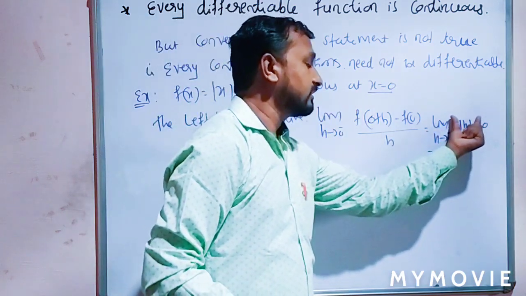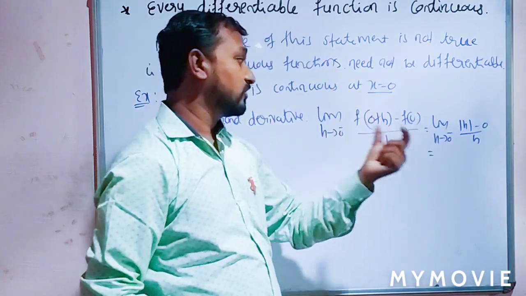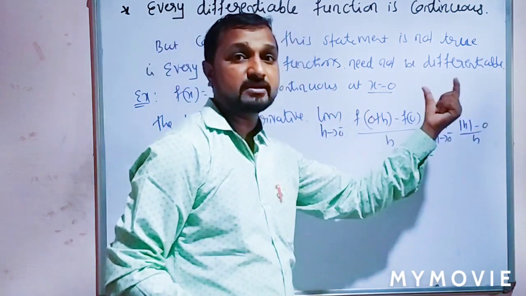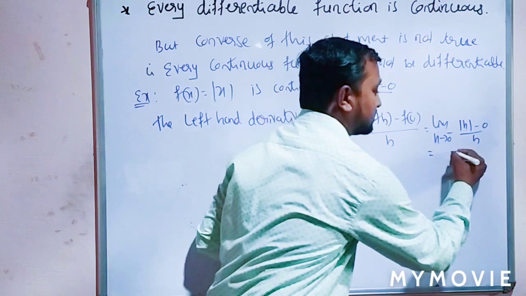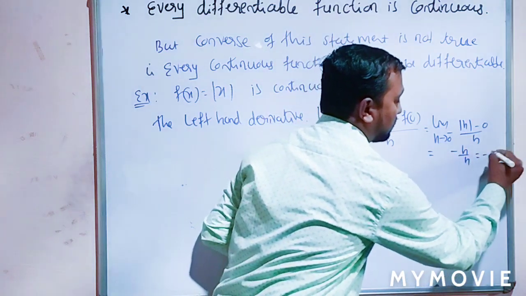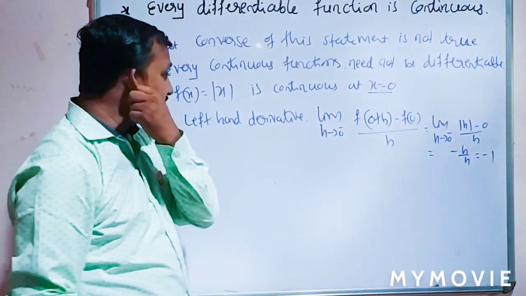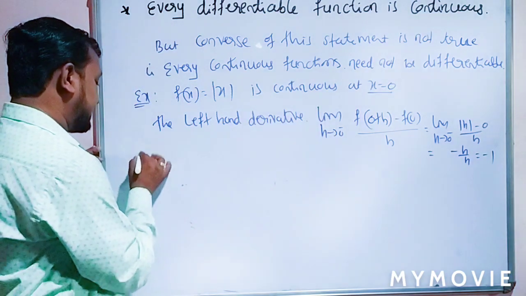Here mod x should be taken as negative, because for the left hand derivative the modulus value is negative. Already we studied that. That is minus h by h is equal to minus 1. The left hand derivative is minus 1. And the same